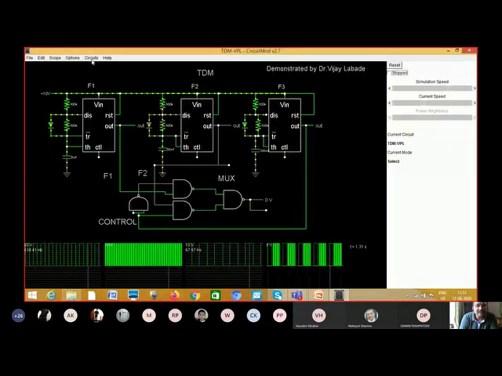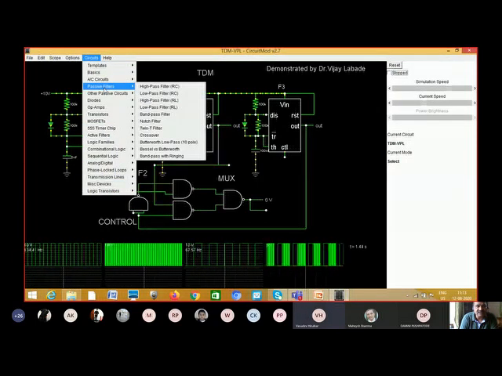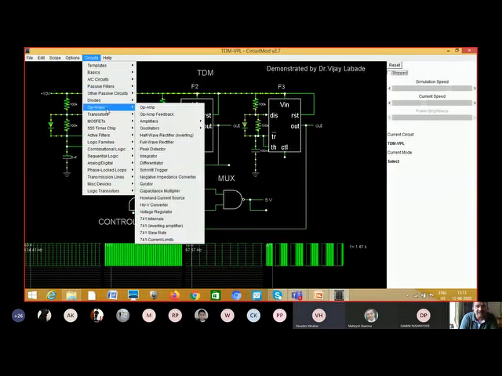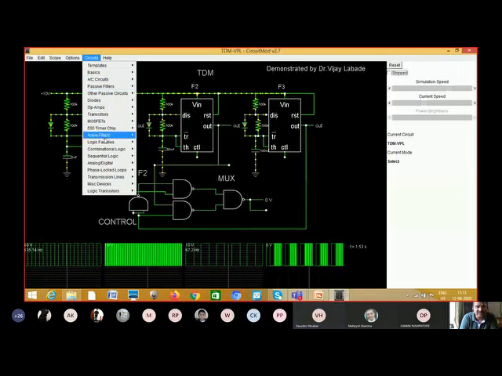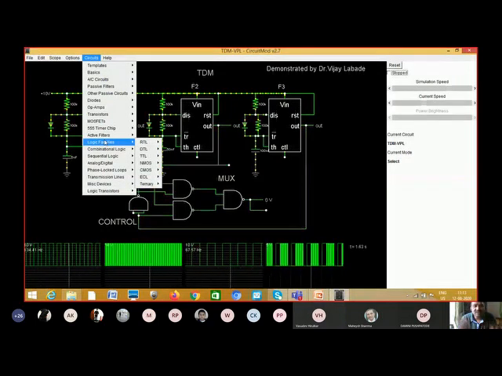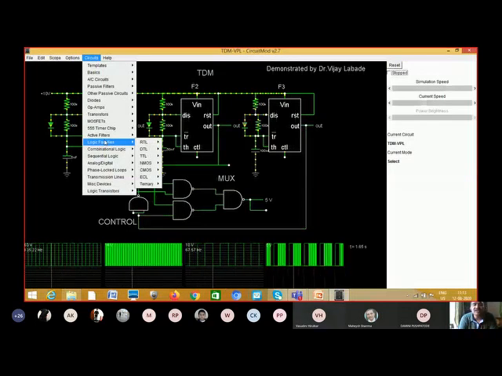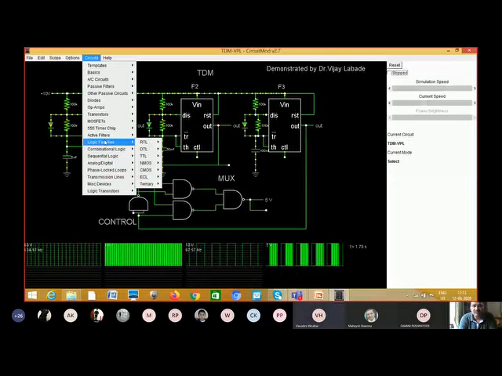And just the last part, I would like to show you here. You have some ready-made circuits, like you can see here filters, operational amplifier related circuits, transistor based circuits, etc. Some circuits are readily available. You just work on that, and with the help of these readily available circuits, you prepare your own circuits, simulate them, and prepare your laboratory experiments in the Circuit Mod simulator.